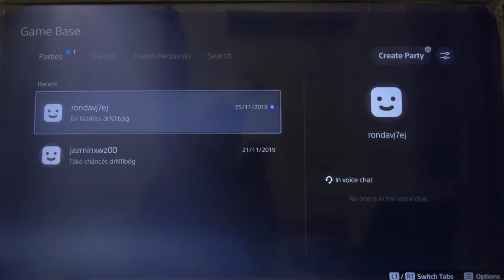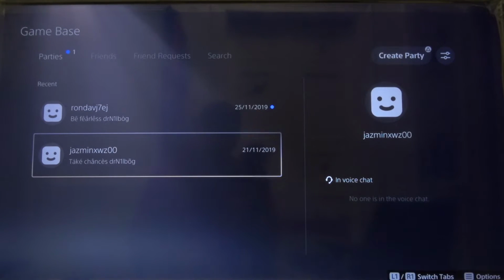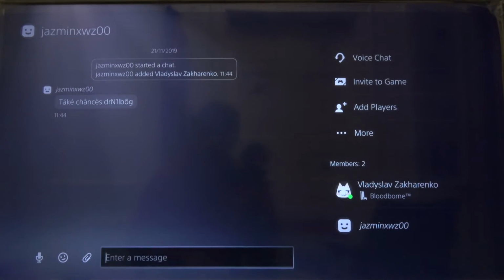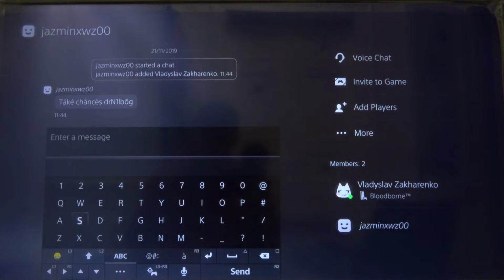Currently we are in this one. You can see it by this blue dot under the date, so let's go for this one, click X, and as you can see here we are in the party. We can send the message,